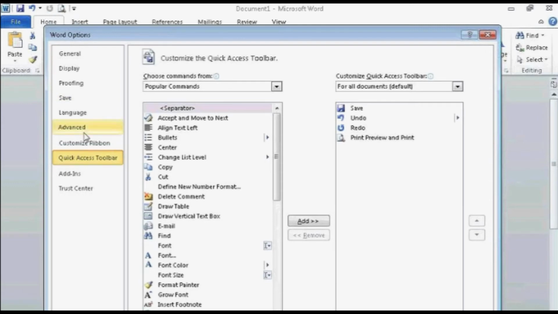What I have presently is save, undo, redo, and recently print preview and print. So I'm going to add the find option. Then OK. Notice how I have the binoculars there. That's my find